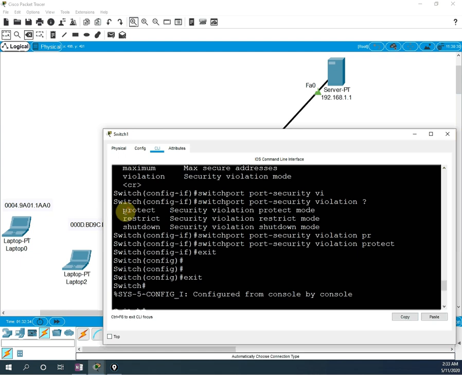Here no issue, no problem, we will have the record and the port will not go down. The guy who is a hacker cannot access our server, but the next day the manager, who is an authorized person, connects his laptop and can access, no problem. But the problem with shutdown is, if anyone does something wrong, the port goes down, and till we come next day and bring the port up, it is not working. So some use this step, some use that step, and most companies use one or the other, depending upon the scenario.